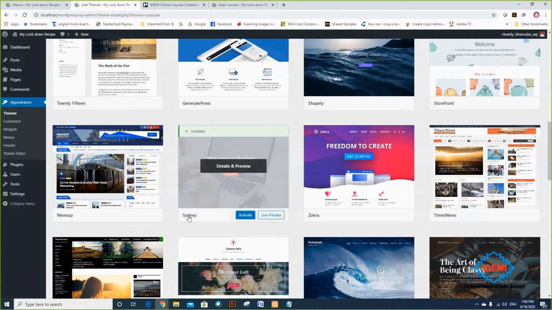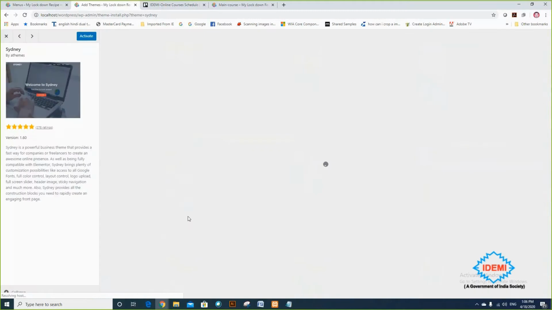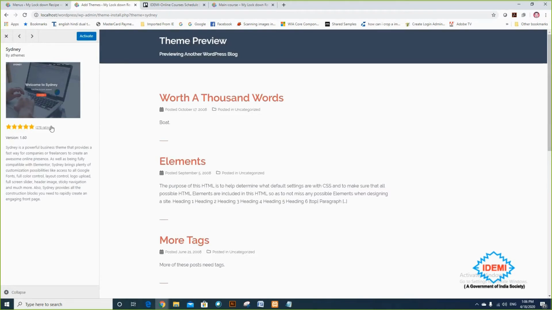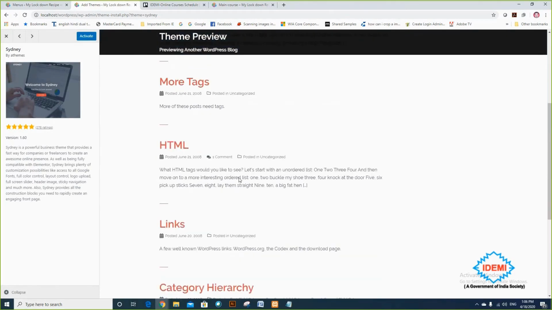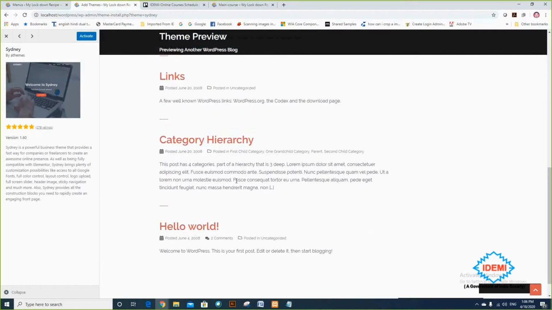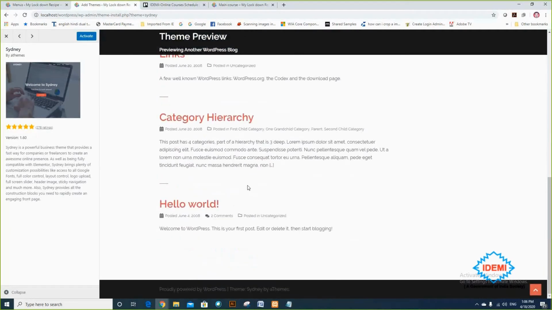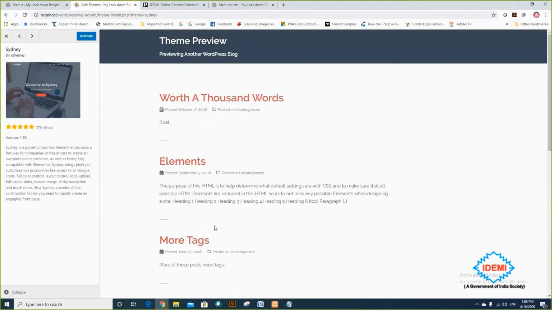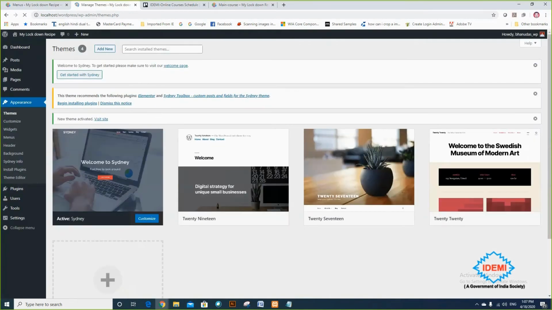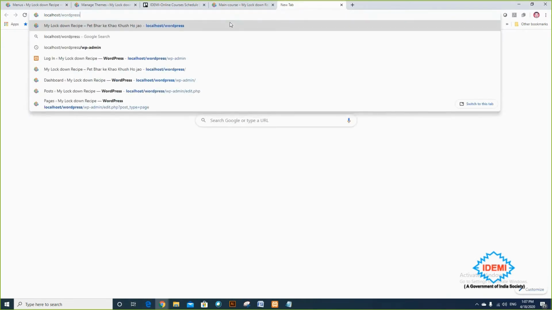So this is installed, and when I click on it, it is showing the information of this thing. Before activating, I will check all the information related to this, and this is powered by WordPress theme. So WordPress is providing a number of themes which are freely available, and now I'm clicking on activate. Once I click on activate, it is applied here. So now the look and feel of my existing site changed.